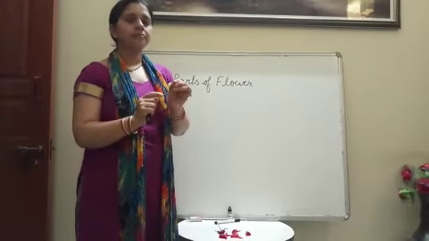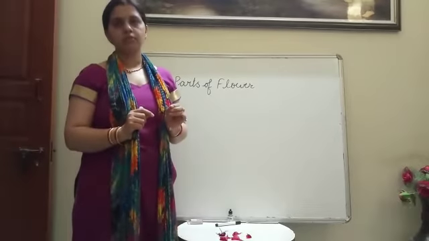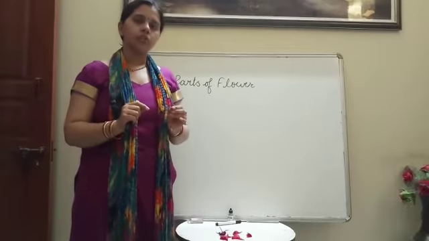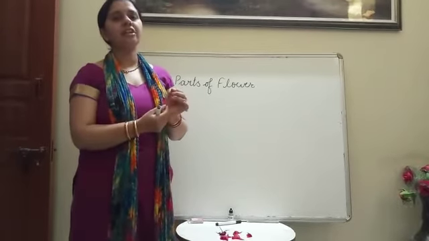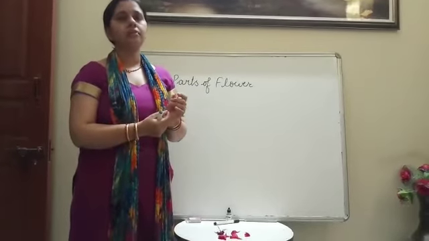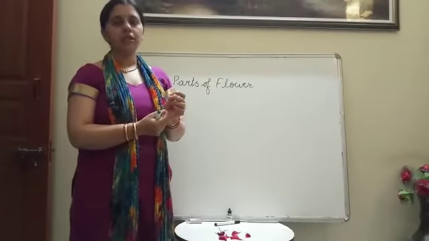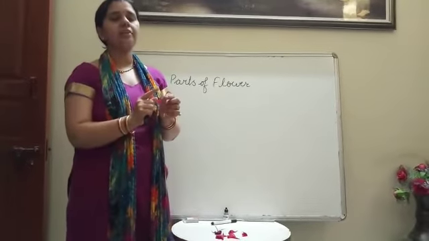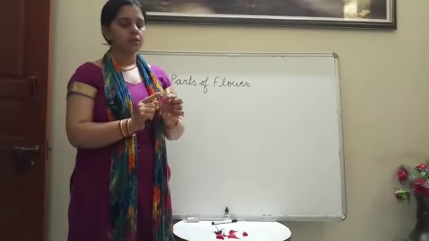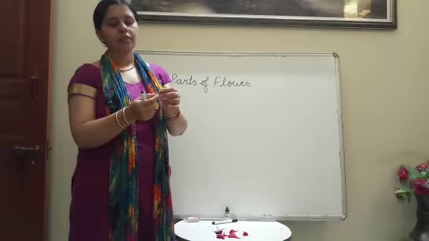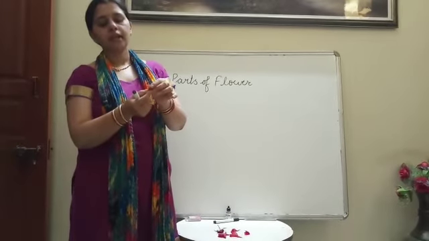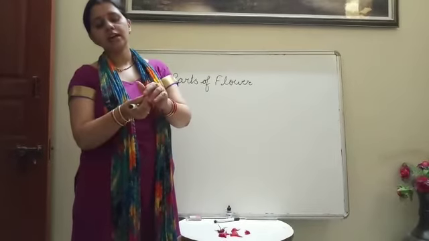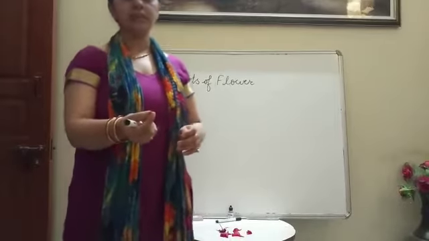So you can take the flower China rose, or you can say gudhal. So what will you do? You can see every part of the flower in China rose, because the ovary is present, stigma present, style present, everything present in this flower. So these are pollen grains, and pollen grains are present inside the anther, and these are stamens.